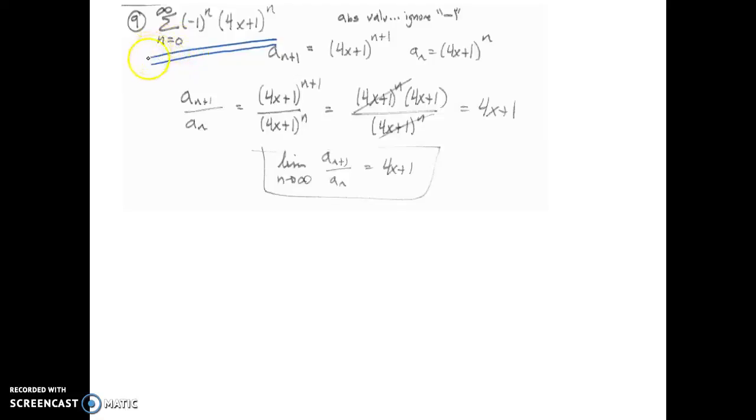I'm changing the notes to do this example instead of the first one that's listed there because this will illustrate some ideas better. Here we have a power series and we're trying to find the interval of convergence. We found the limit as n goes to infinity of a sub n plus 1 over a sub n. This whole process is the first step of what's called the ratio test,